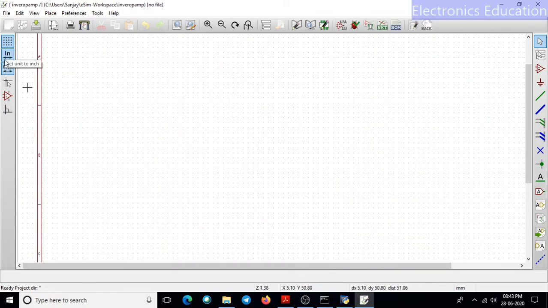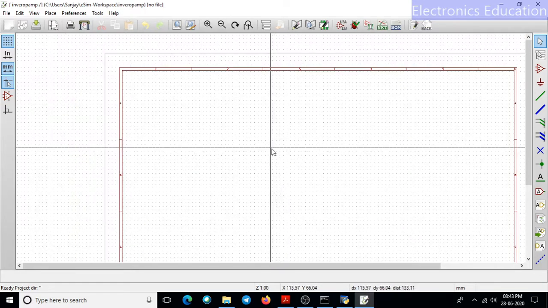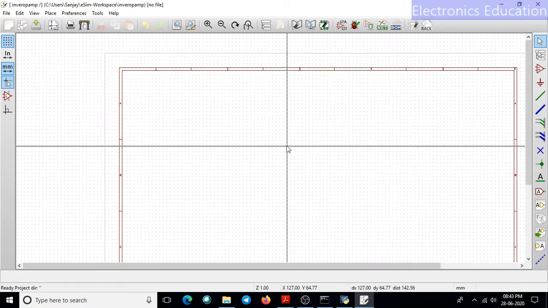Again, these are units to measure the distance between the dots and for the circuitry. So here we have inch, here we have millimeter. By using this cursor, the exact position of the component also can be determined. But this is needed only under certain circumstances, so no need to use it.